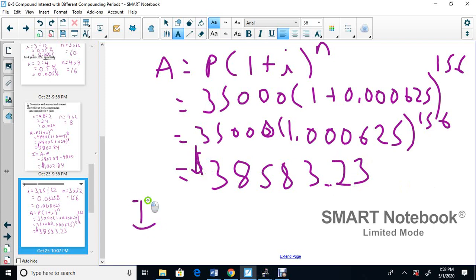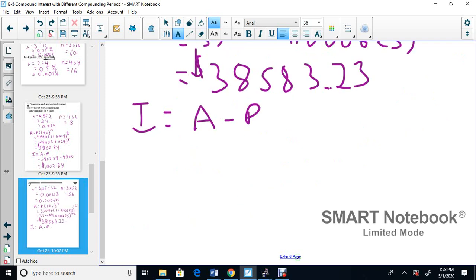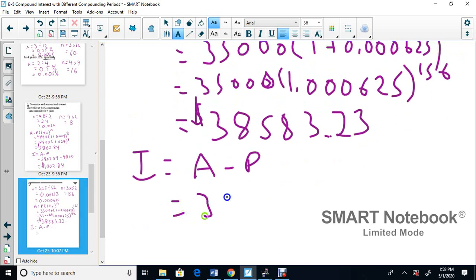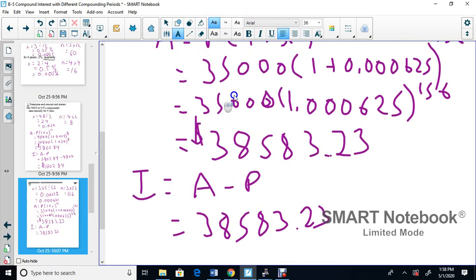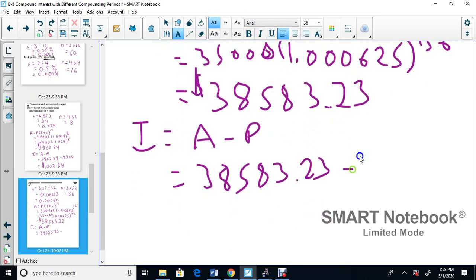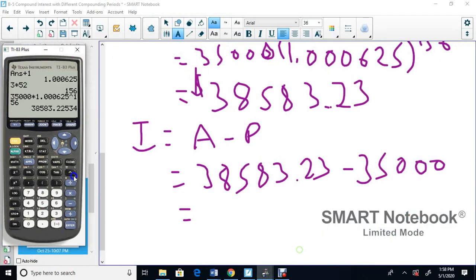Okay, interest is A minus P. Okay, so look, my A I just calculated, 38583.23, and there's my amount right here. This number minus 35000. Okay, now we go to our calculator here. Oh, it's still up there, so I'm gonna go 38583.23 subtract